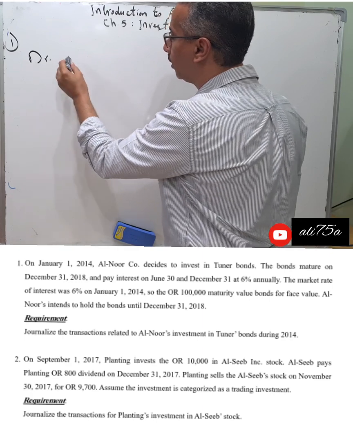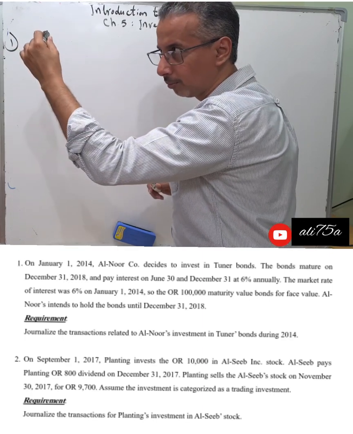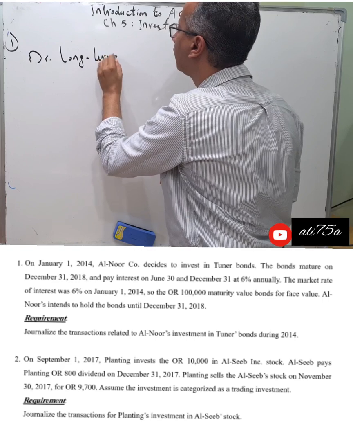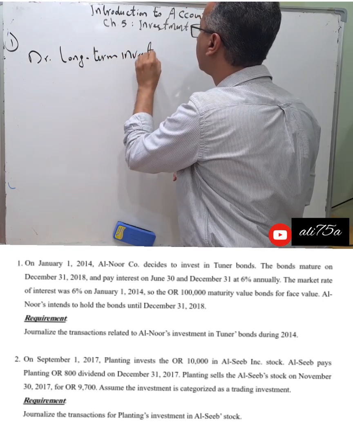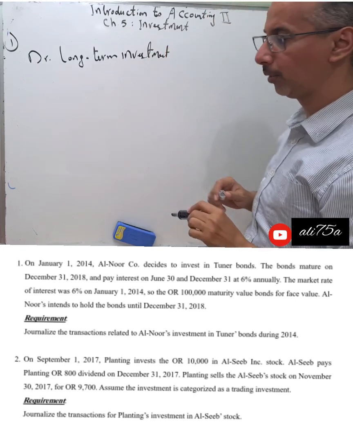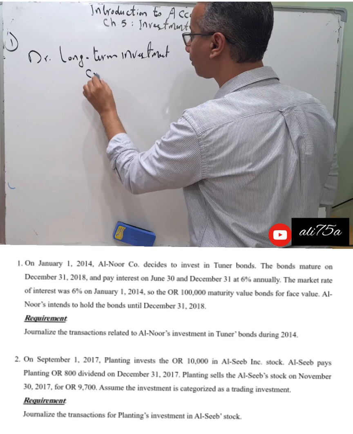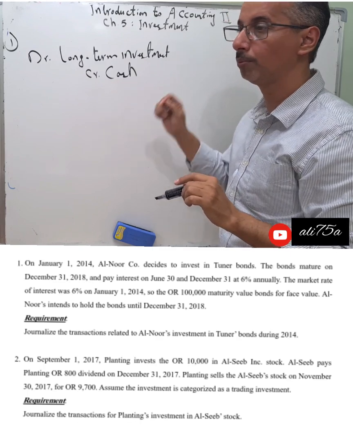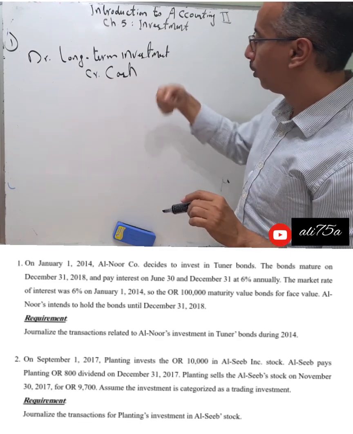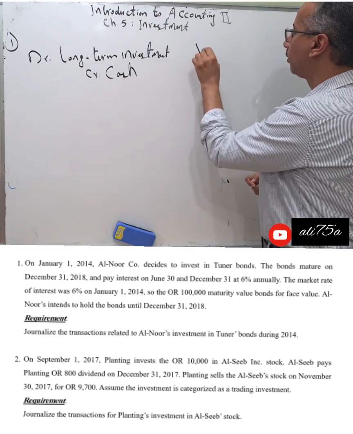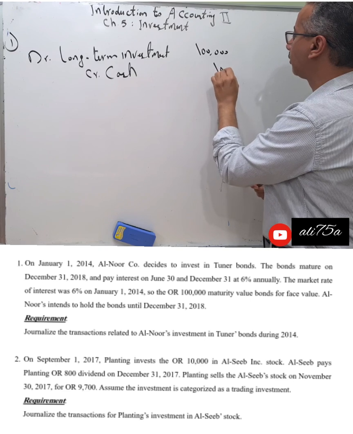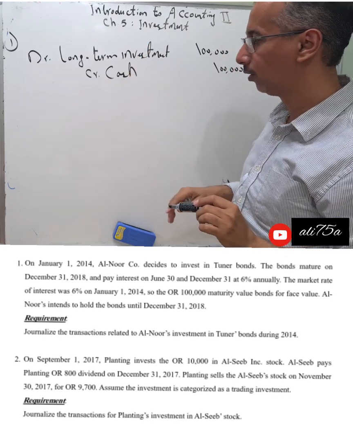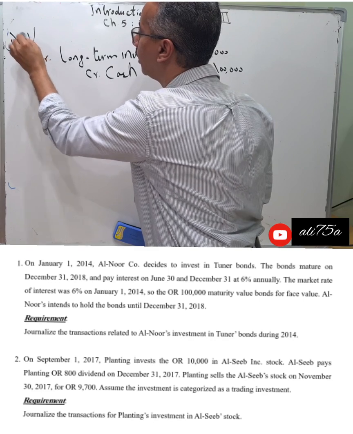Since they are kept to maturity, we'll put it in long term investment, and you could put the name of the company as well. Credit, cash. We purchase the bonds. We didn't issue anything. Now we talk about purchasing bonds, so we pay 100,000. This is the purchasing, the investing journal entry that happened on 1st of January